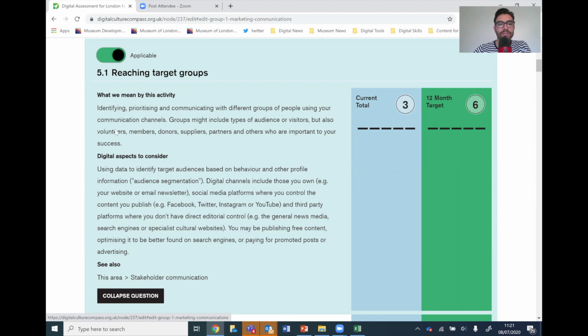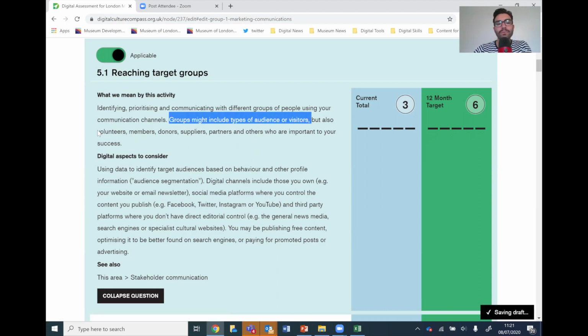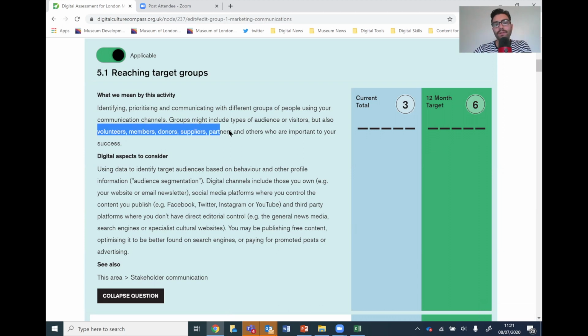So looking at this question, what we mean by this activity: identifying, prioritizing, and communicating with different groups of people using your communication channels. Groups might include types of audiences or visitors, but it can also include volunteers, members, donors, suppliers, partners, and others very important to your success. So basically, by target groups, they mean any audience within any context that you are communicating with through your different channels. So different channels include things like your social media, your website,